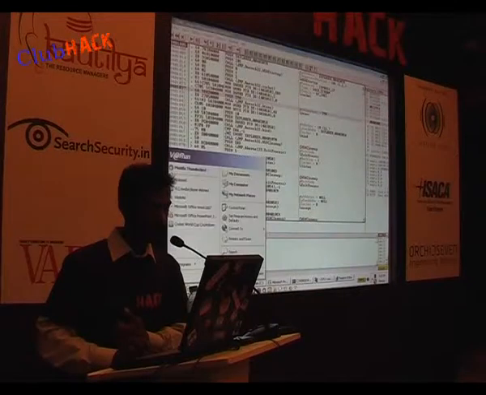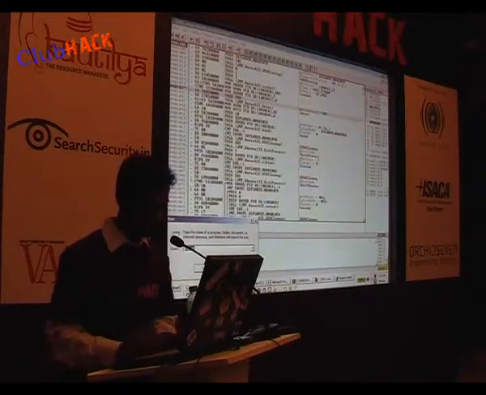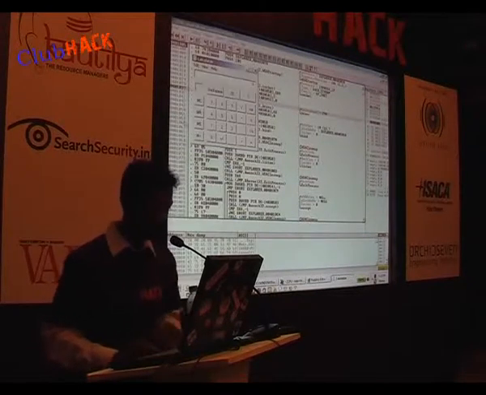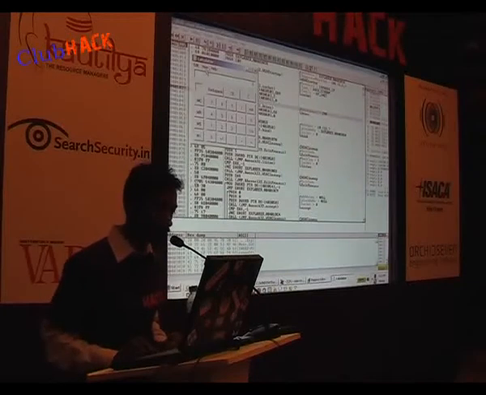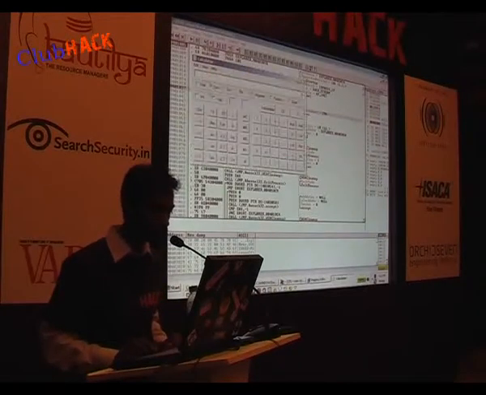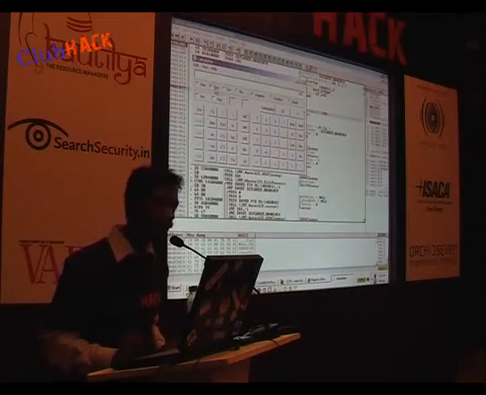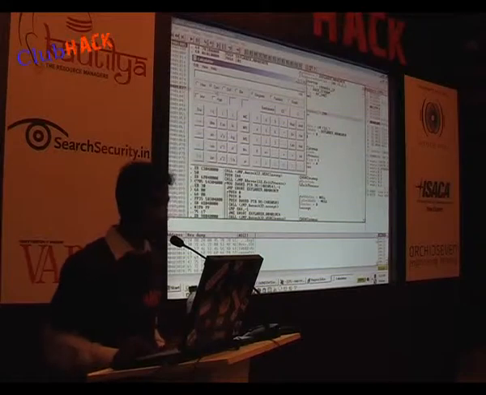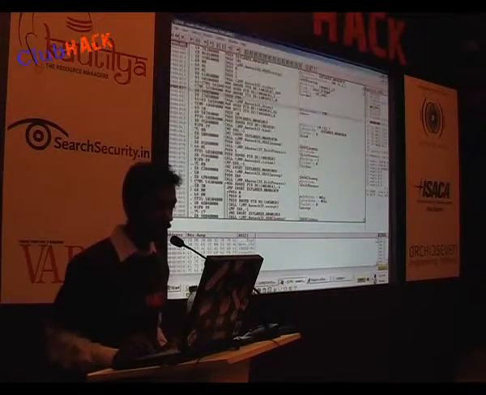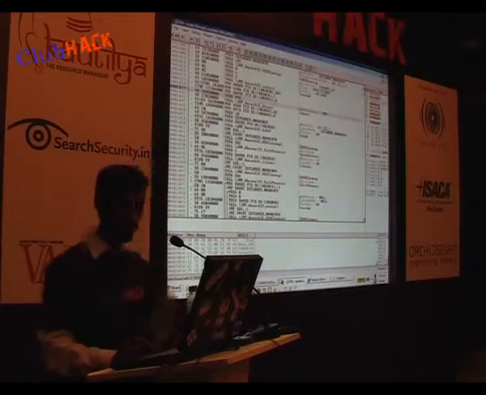How do you get the actual port number? Okay, now let's check whether it's working or not. I'm just going to run it. It's running.